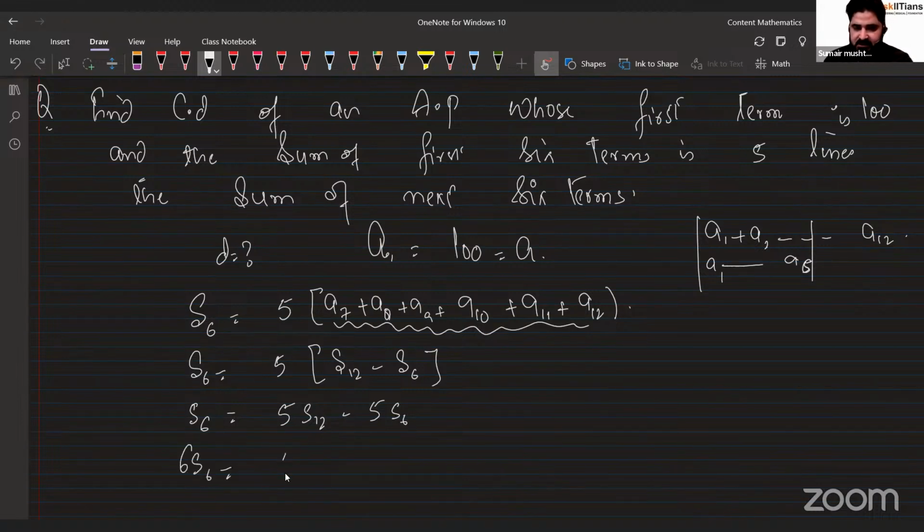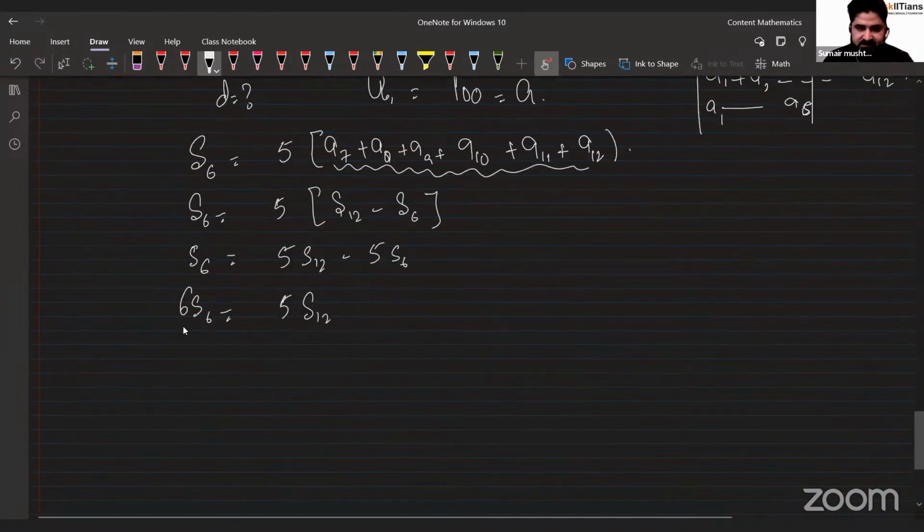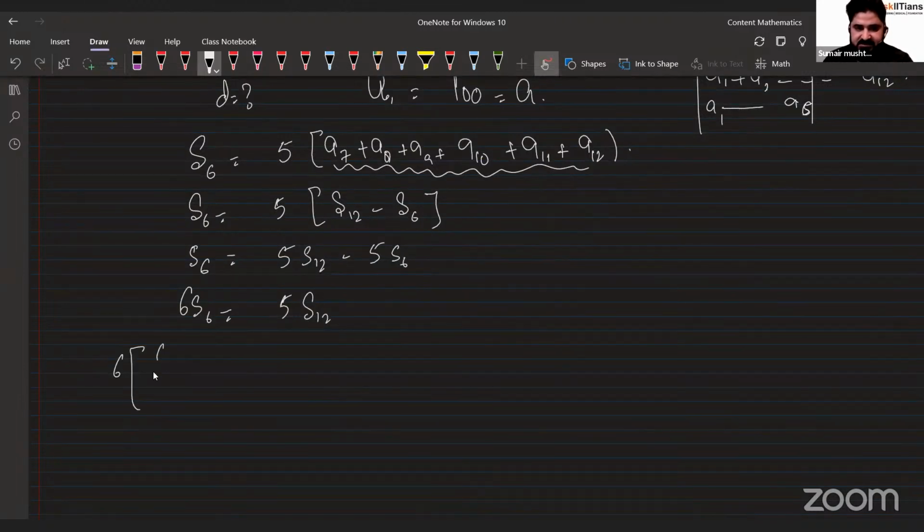So 6 times S6 is equal to 5 times S12. Give the values. This is 6 times S6, which is 6 by 2, 2a, what's a? A is 100, plus n minus 1, n is 6, 6 minus 1 into d. D you don't know. Is equal to 5 times